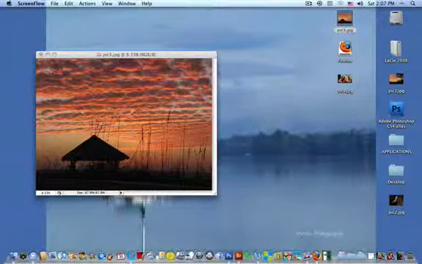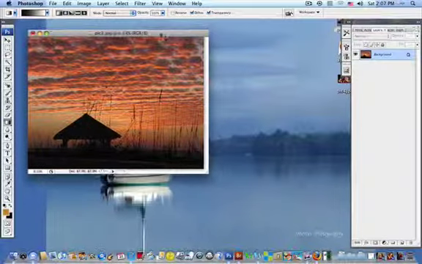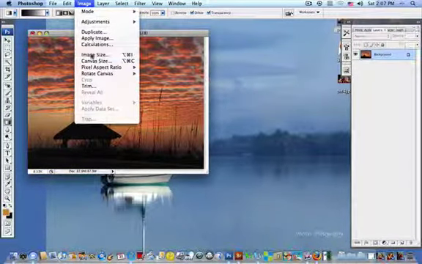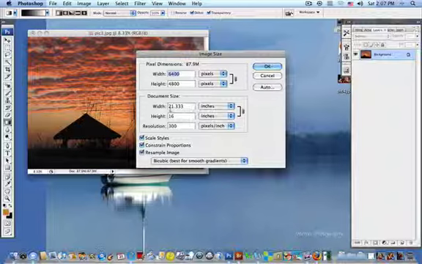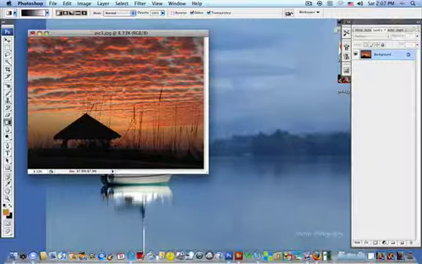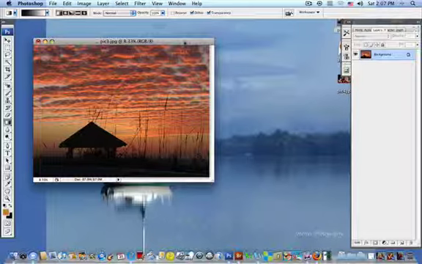Hi there. I'm going to show you a little bit about canvas size. If you click on this image that I have here, right now I'm going to go Image Size, and it's going to show me that it's a 21.333 inch by 16 inch at 300 dpi image, and I'm going to say OK. Now say for instance I wanted to have a 24 by 16 image because that's the size frame